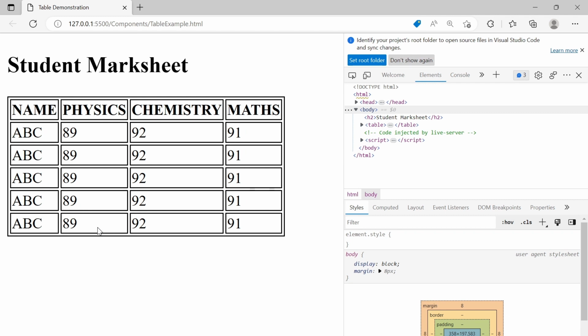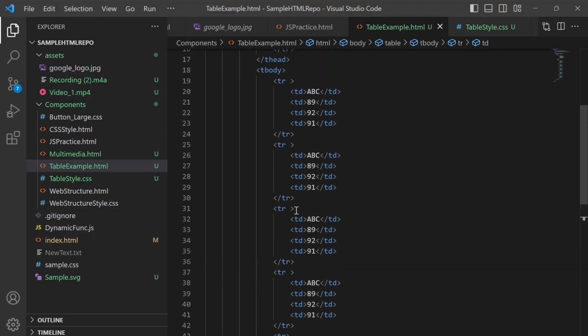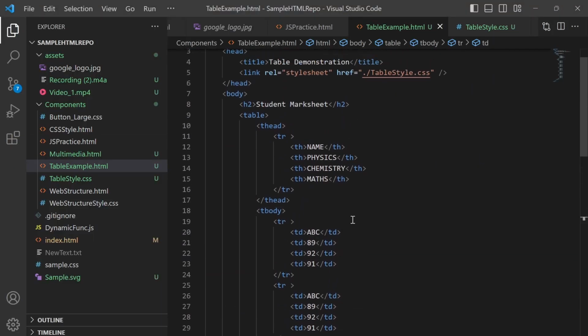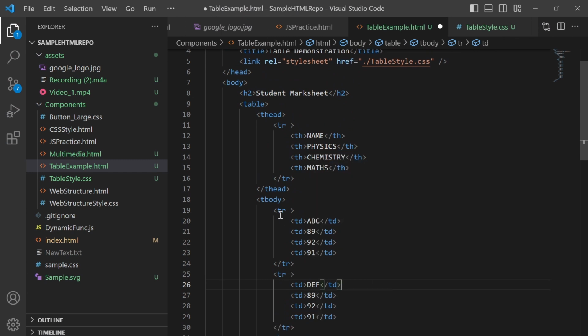Instead of showing 89 in two different cells, we will merge these cells and show the same content. I will show you how we can do it. The first student is ABC, the second student is DEF. Both got the same marks in physics, that is 89.